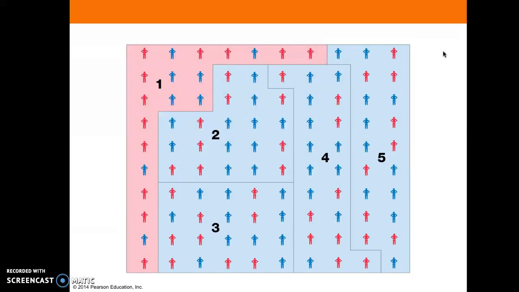So here, the first one we have is wasted vote. So you see how one district is red here, right? And the other ones are all blue. And these boundaries were established. They look clean, right? Like nice straight lines, not super weird shapes, an even number of people. But these boundaries were drawn so there was a minority of red voters in this area. So you see the blue voters and then the red voters. And this minority of red voters means that